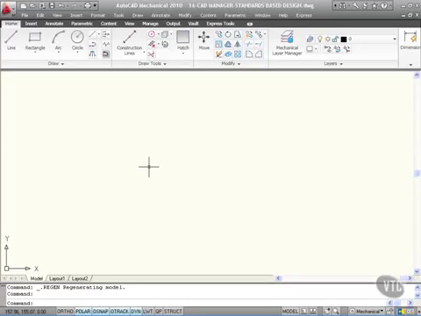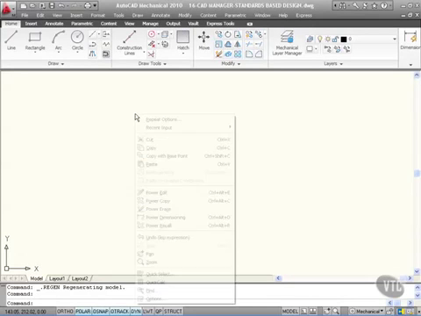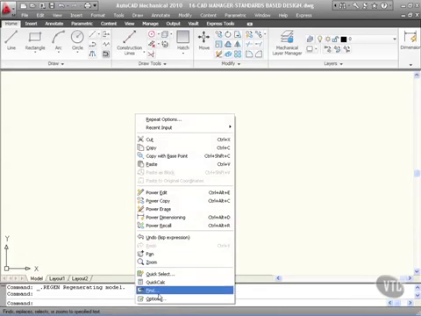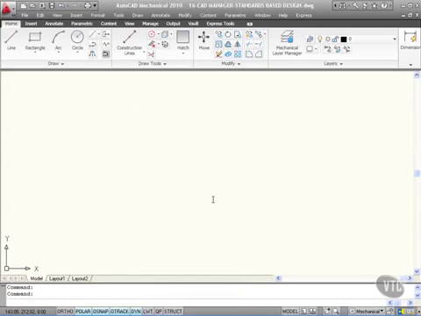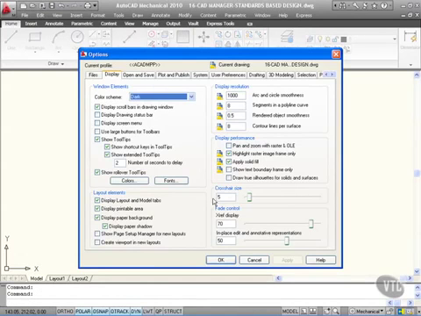So what does AutoCAD Mechanical 2010 have to offer the CAD Manager? Well, in this drawing, which is a blank metric ISO drawing, we're going to look at standards-based design. Now to do that, I right-click and go to the Options dialog box by selecting Options at the bottom of the shortcut menu. Using the arrows at the top of the Options dialog box, I click across and find